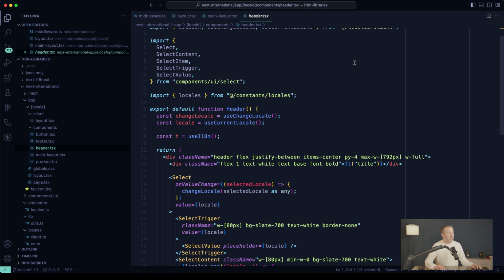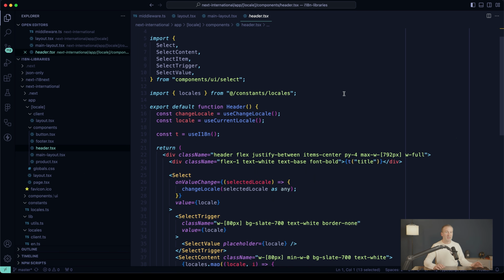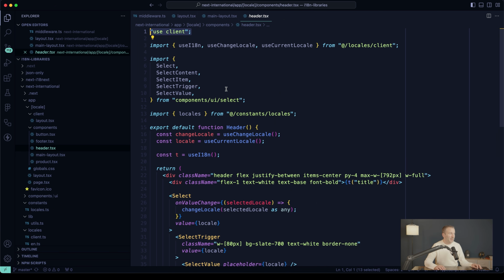that are made available via the client. And so here's kind of where the business happens in terms of changing locales. We have a client select component that we have created in the components directory here. We'll walk through that. It's a bunch of kind of boilerplate, so we won't go into it in too much depth. So then we have these hooks available, use change locale,